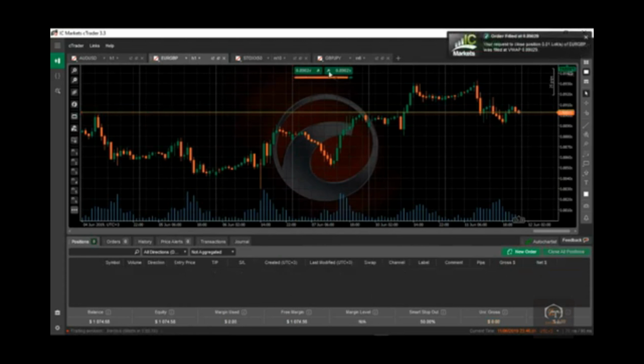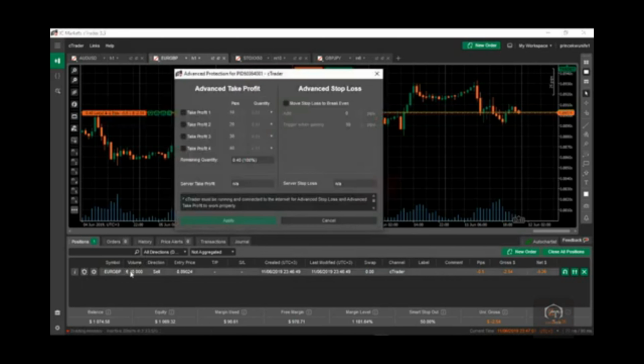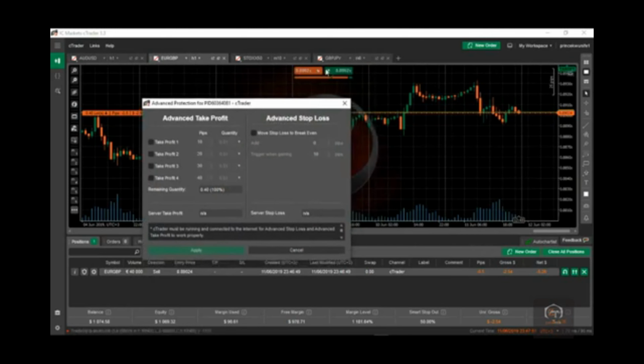Let me enter with a higher lot size and show you guys, 0.04, because this is a demo account. Then I went short, sell. Now I went short with 0.04 lot size. Here it shows me a value of 4,000 euro. That is, I left my account in euro. Understand? Now since I went short and it showed me that amount, if I want to take profit on a sell position, I click this icon here. Then since my lot size is 0.04, which you saw I entered in this position,